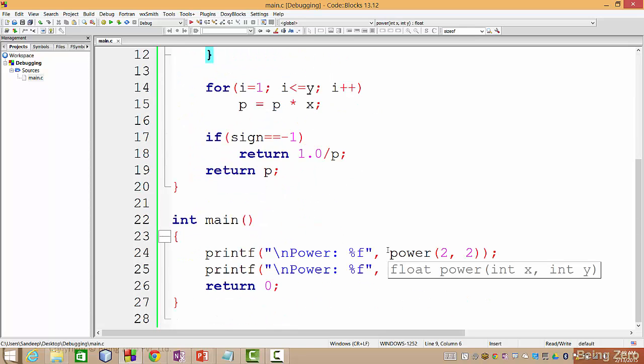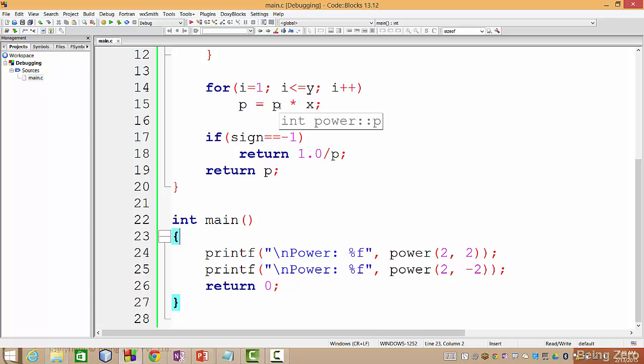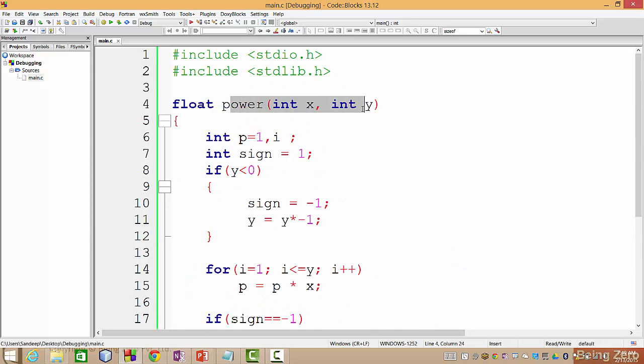Yes, so debugging means step by step we want to see how the program is executing, right? So till now we have been building our project using this key and running using this. When we want to debug, an important concept comes, called a breakpoint. A breakpoint means from which point onward we want to trace our code. So let's see, when this function is called, we want to understand step by step how this function is running